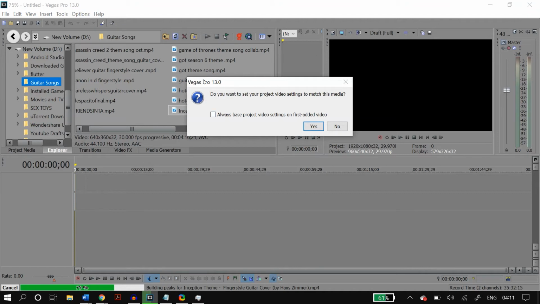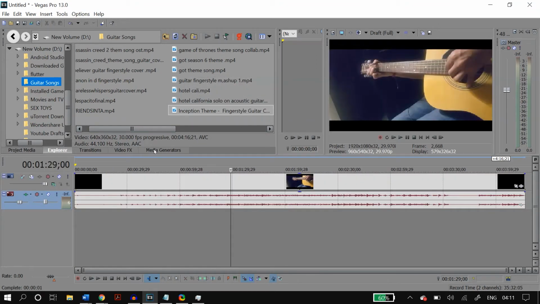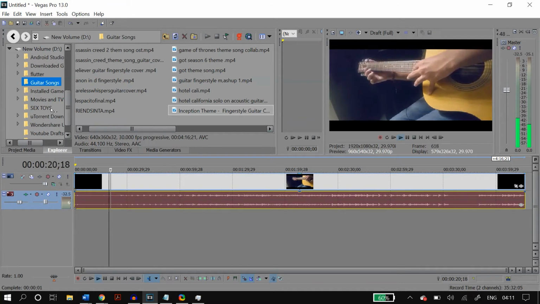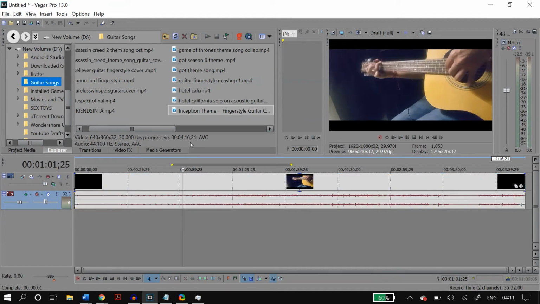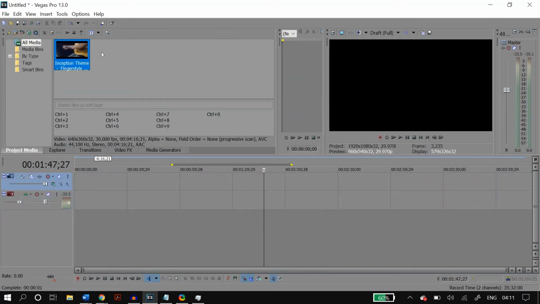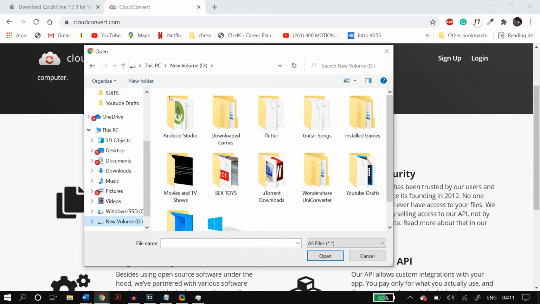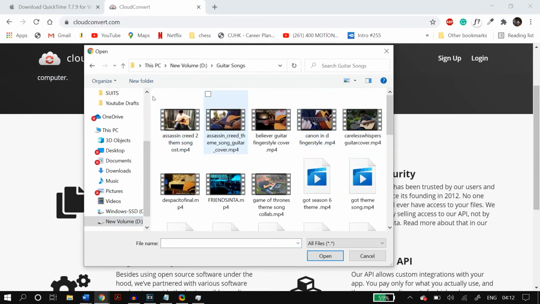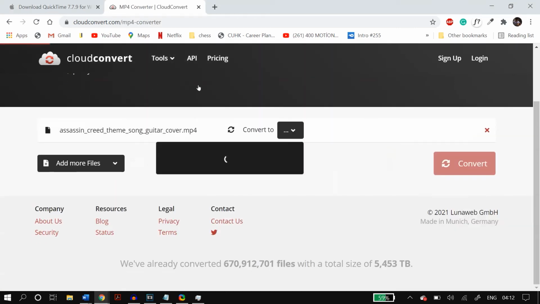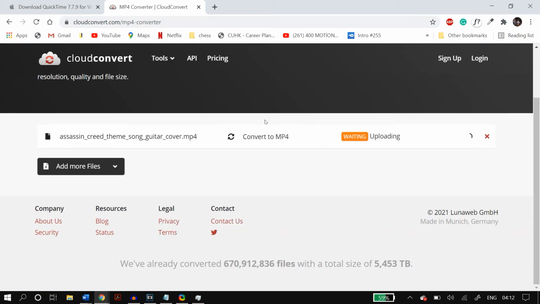Also, if your building peaks when you put the videos and audios onto your tracks is not finished and is set to 99 or 80% and it's just stuck there, it may cause a crash as well. So the quickest way to fix this is to take the video that you have which is causing this problem and then just go to an online converter like cloudconvert.com and then convert this file into another Sony Vegas compatible format like MP4 or any Sony Vegas compatible format, and then just try to import this video again onto your track and check whether that fixed this video's problem.